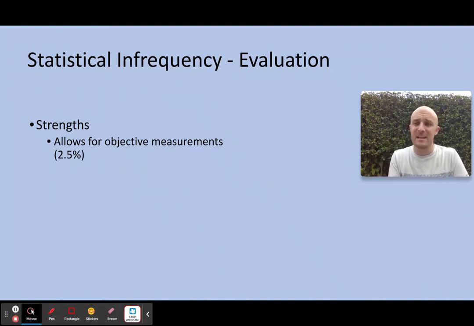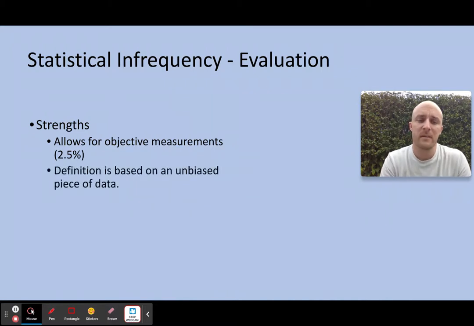This one is based on unbiased pieces of data, so it's objective, not subjective. The difference between objectivity and subjectivity is that objectivity is more factual data that is non-opinion based. So like measuring height, for example, that's objective data. Measuring weight, that's objective data. But measuring happiness, that's subjective, because subjective is more